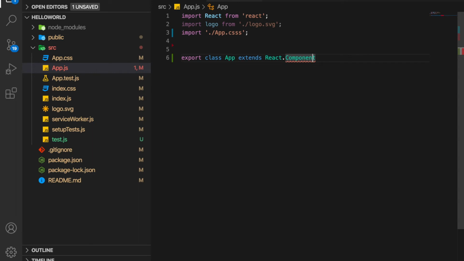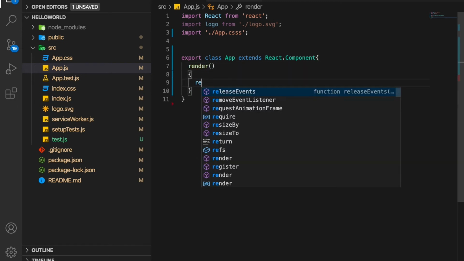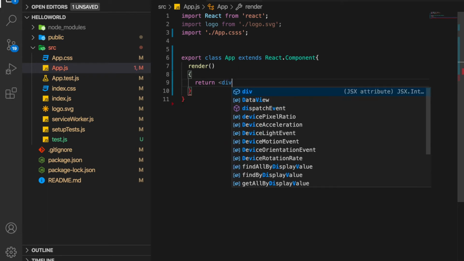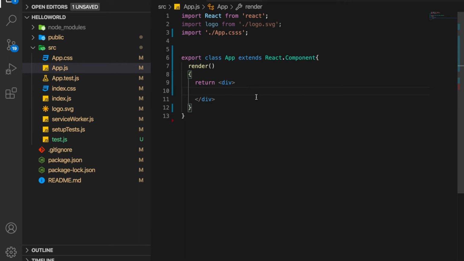After that we have to use render, and inside render we have to use return. So this is the syntax of declaring classes in React.js, and inside this return statement you can write your code. Suppose I am creating one div and giving it a class name,